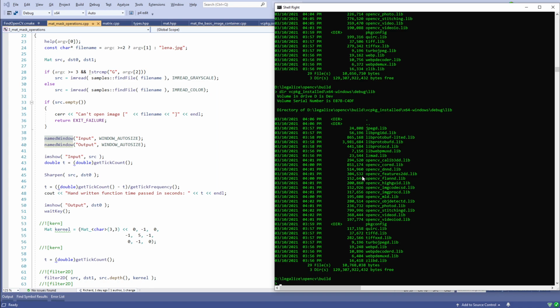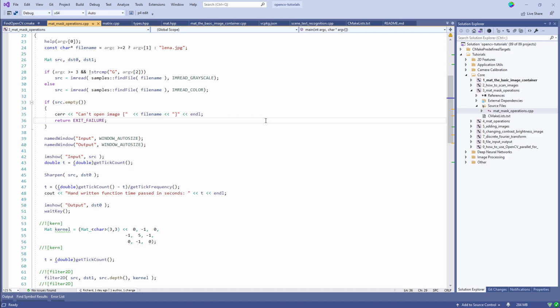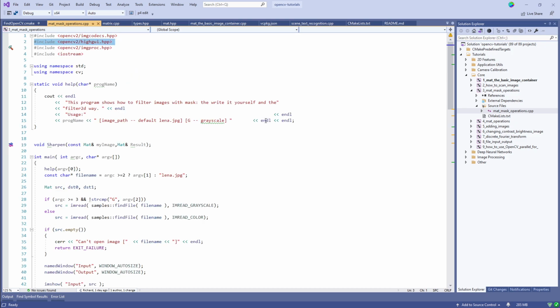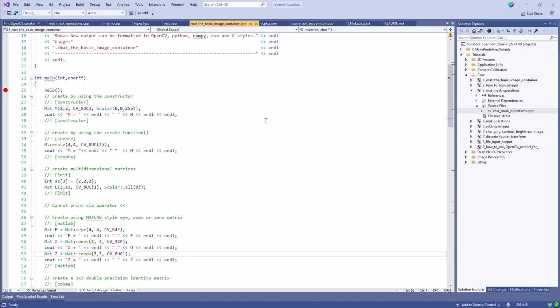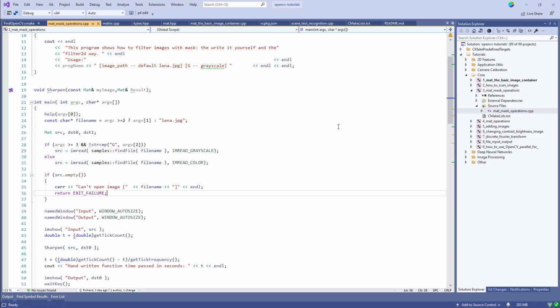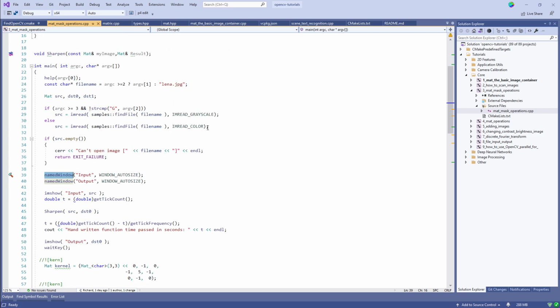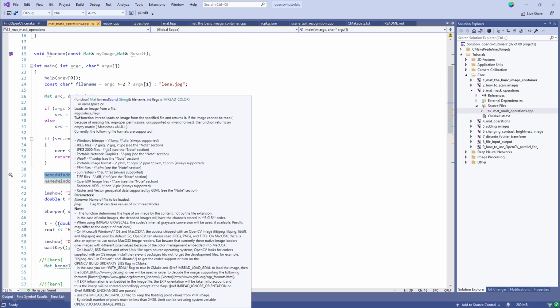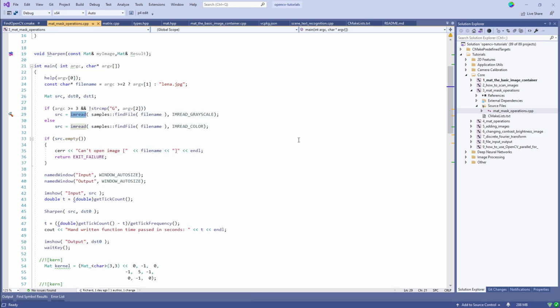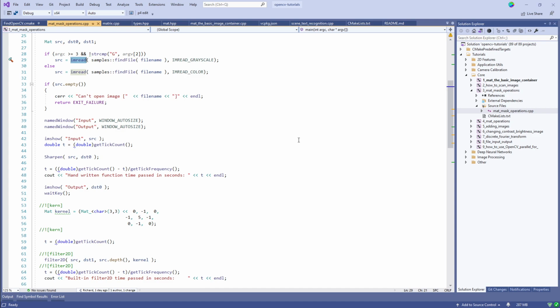It is this OpenCV highgui library, and you'll see in their samples they include highgui.hpp. I bring that up because in image processing there is also a concept called windowing, and this namedWindow function has to do with the GUI and not with windowing in image processing. But you can see here, imread allows you to read in an image off of disk into a Mat,